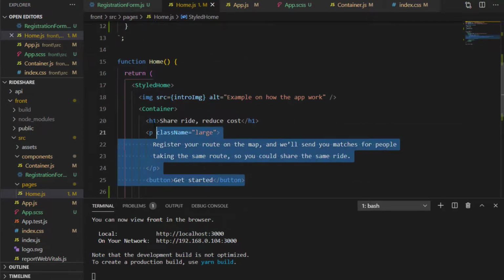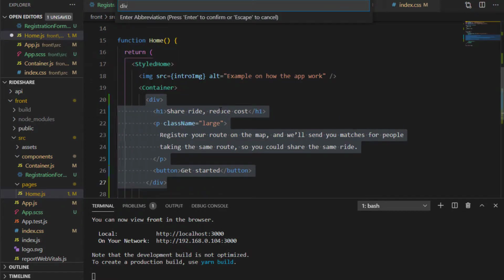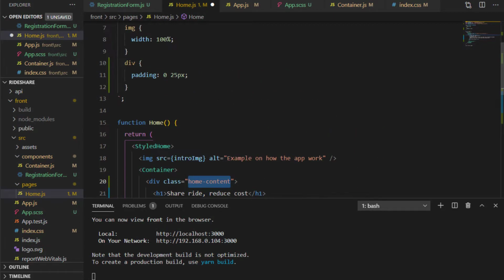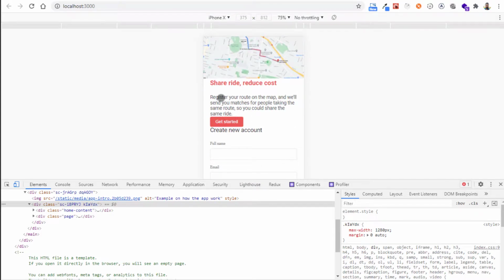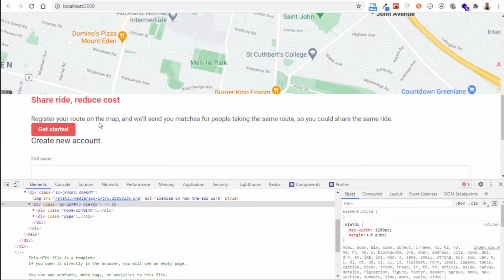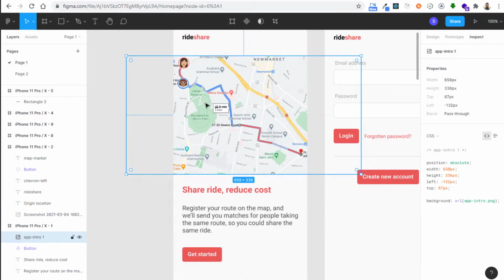It's better to add a wrapper div. I can wrap this content with a div element with a class, let's say home content. Alright, then I will target the home content here. Dot home content, adding to it a padding of 25 pixel on the left and right, which solves our problem. Now here we need some spacing also between the text and the button, and between the image and the data here. So back to my design,